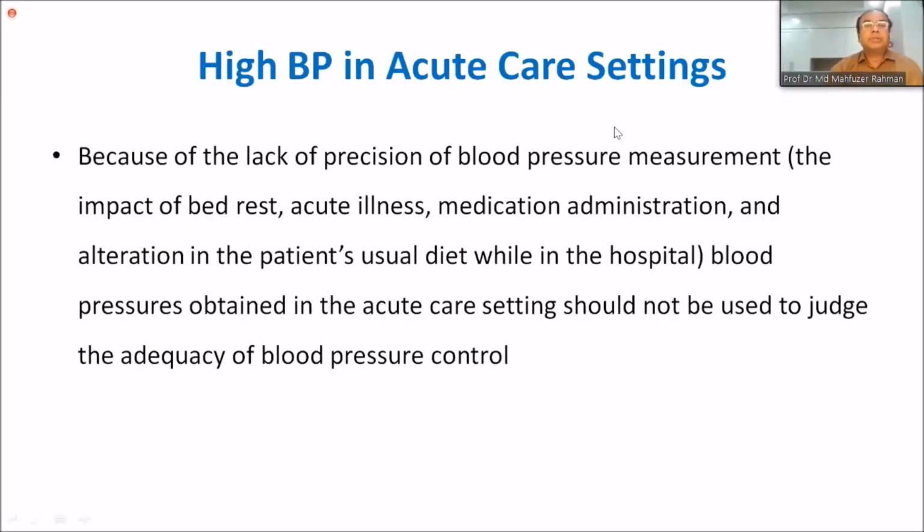For example, a patient presented with retention of urine due to other causes. Transiently, we may find that the patient has high blood pressure, but after evacuation of the bladder, the blood pressure might settle down. So, in acute care settings, we should wait, the acute crisis should first be treated or addressed adequately and appropriately, and finally, the patient should be evaluated in outpatient settings to establish whether the patient has hypertension or not.